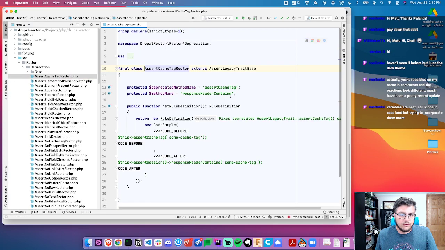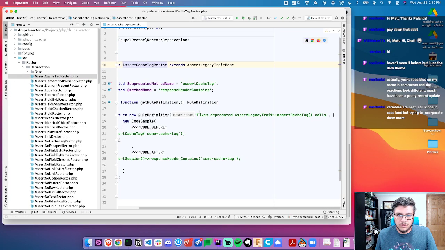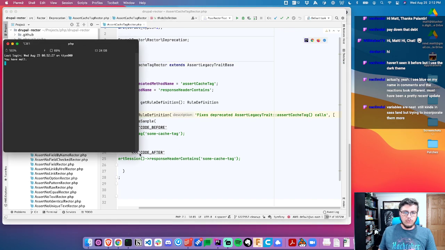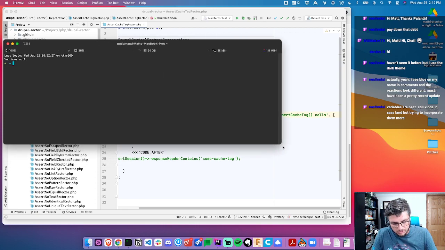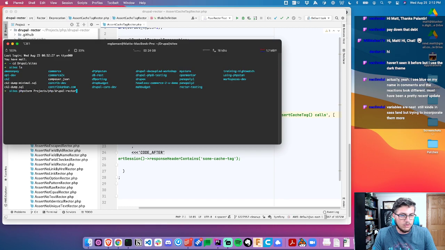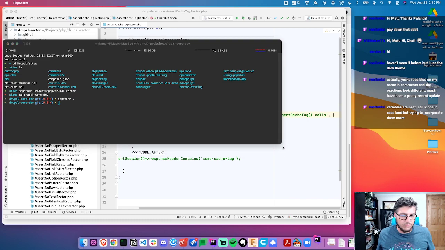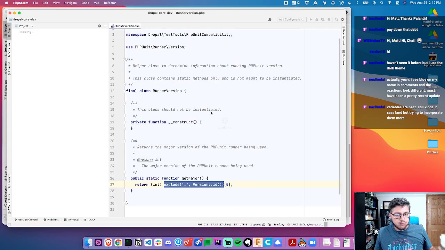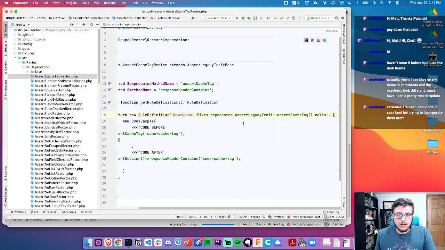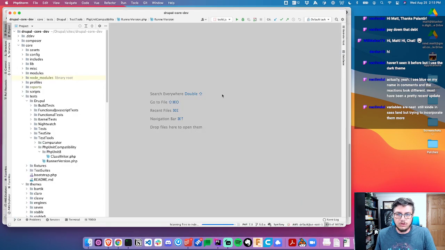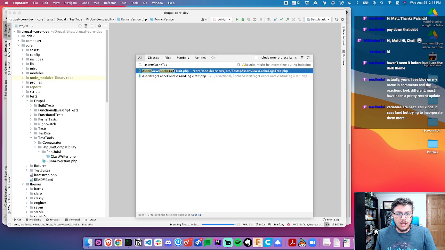All right. Assert cache tag. Fix is deprecated. Assert legacy cache tag trait. Actually, I want to try to get a little bit more specific on these. So let's go. Let's see, Drupal sites, PHP Storm. Let's see, Drupal. What is it? Core Dev. Let's load this in PHP Storm. And let's. So what I found out